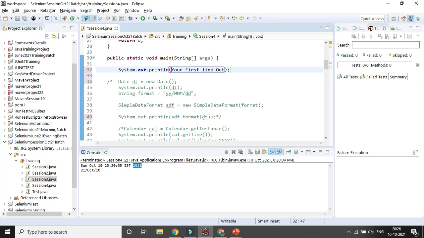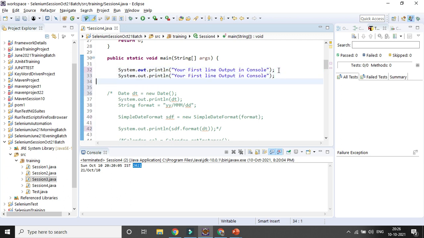The first line output will display in the console, and you can see another line, your last line output.